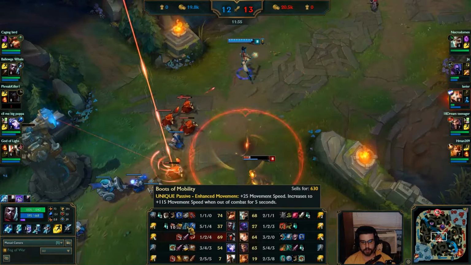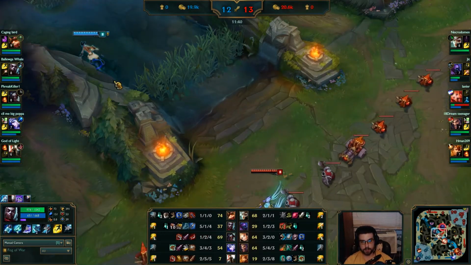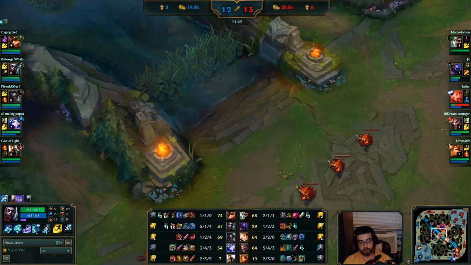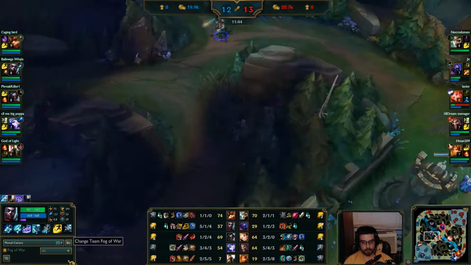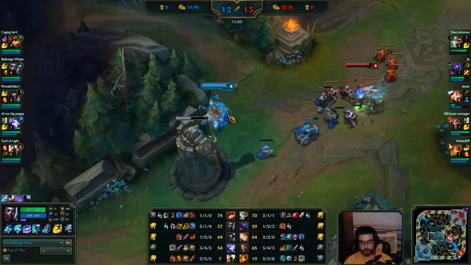Mobility, obviously, it slows you down when you're in combat, but if you play Ekko right, usually you can pop your passive as soon as you gank someone. Or I mean, as soon as you start combat with someone, and then you've got that movement speed, which kind of makes up for the fact that your boots and mobility are slow now. So, because of that,